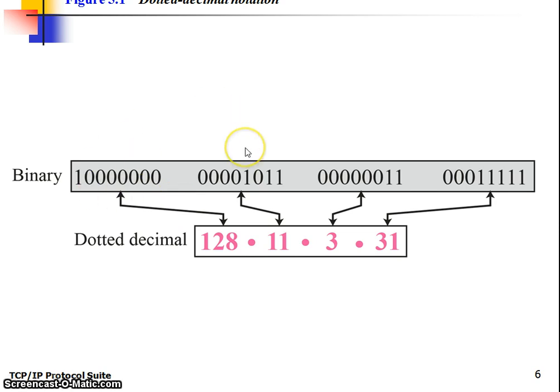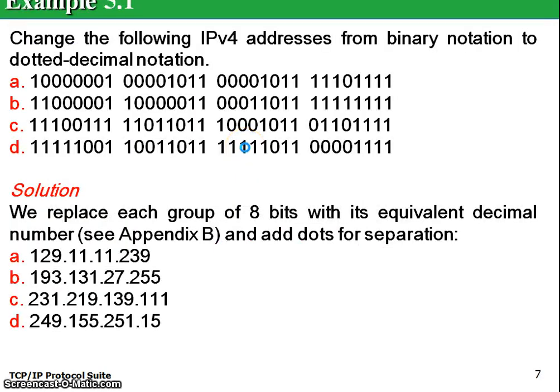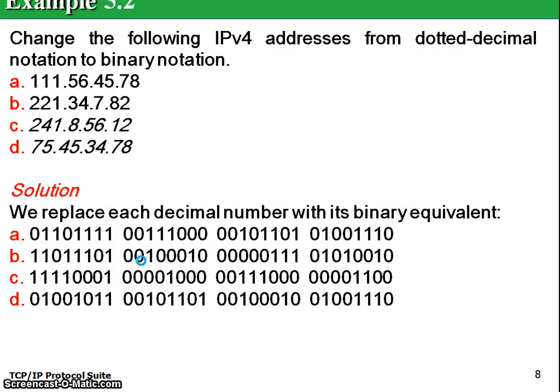There are some examples given for exercise, which give you practice to convert an IP address from binary notation to dotted decimal and vice versa. Here we will take one example. The first one is shown in the binary format and the solution is given in the dotted decimal format. You can solve them. The next exercise is to convert IP addresses from dotted decimal format to the binary notation format.